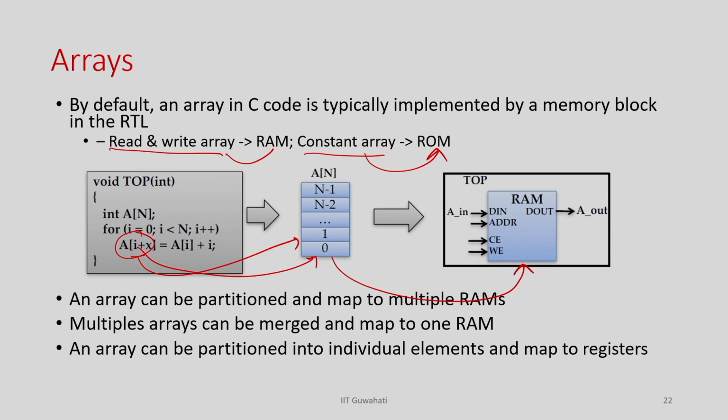So, it has the address, at which you want to access, some read enable signal whether you want to access this RAM or not, and a write enable. So, whenever you want to write something, you have to give write enable equal to 1, and you have to give the corresponding address and the value which you want to write, and then the data will be written to RAM. Okay. And similarly, once you read something, you give the address, you give this C equal to 1, write enable equal to 0, and the corresponding value will come into A out.